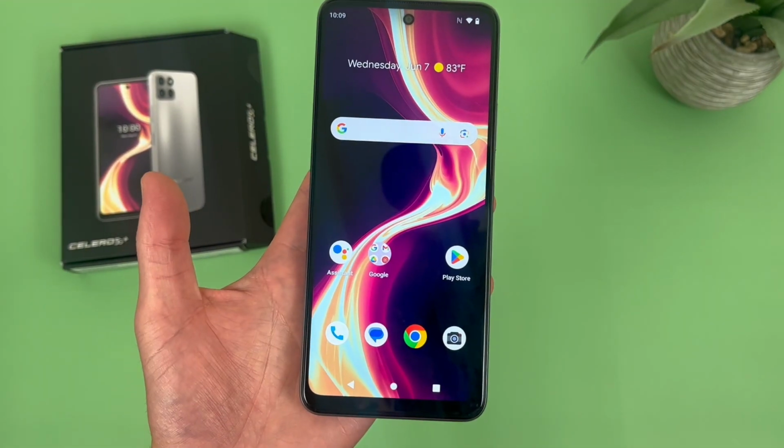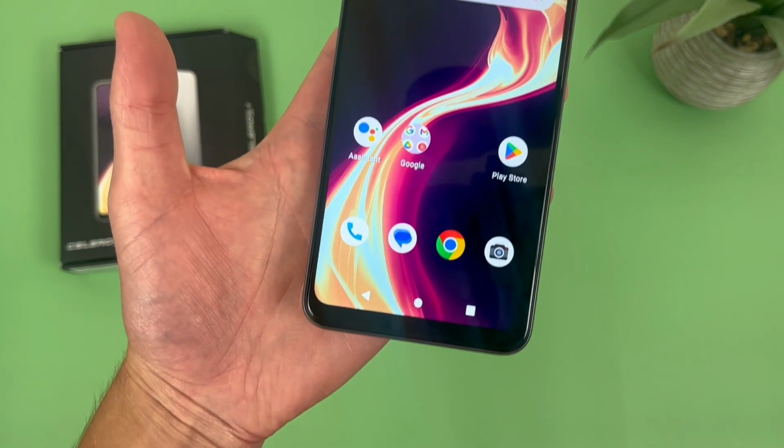In this video, I'm going to be giving you 5 reasons why you should buy the Boost Mobile Celero 5G